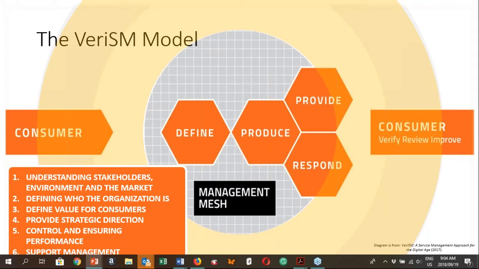They need to understand stakeholders, the market, the environment. They need to define who the organization is, define what value for customers or consumers is, and provide strategic direction. As it is governance, they need to think about control and performance and so forth. But what is quite often underrated as a responsibility for a governing body is that their job is to make sure the management and staff of the organization have everything they need to succeed, so that we can reach our goals and objectives.